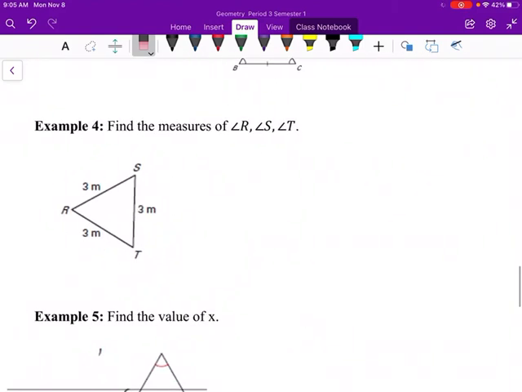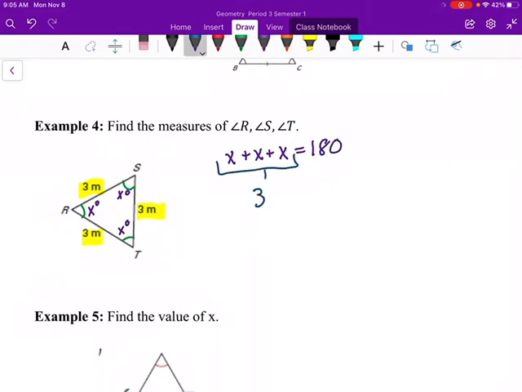So if we look at this example 4, we're going to find the measure of R, S, and T. If you notice right away, all 3 side lengths are equal to 3 meters, which tells us all 3 angles are equal to each other. Now, if you don't know what they equal, we are going to go through this and solve. So if this one is equal to x degrees, all 3 of them would be equal to x degrees. If we set up our equation, we would have x plus x plus x equals 180. If we combine our like terms, we get 3x equals 180, and then we would divide by 3,